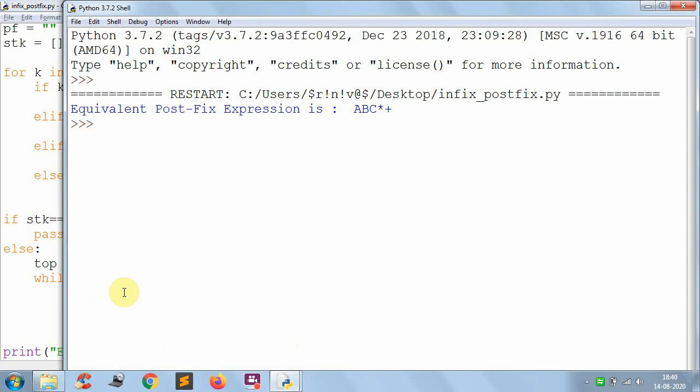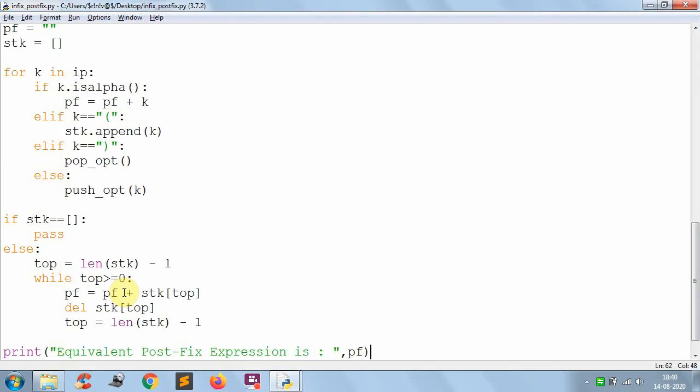Now here I have taken the small input. Let's take the bigger input.